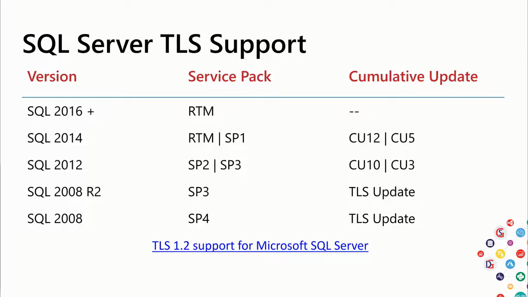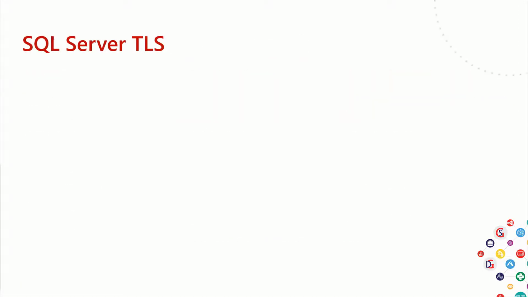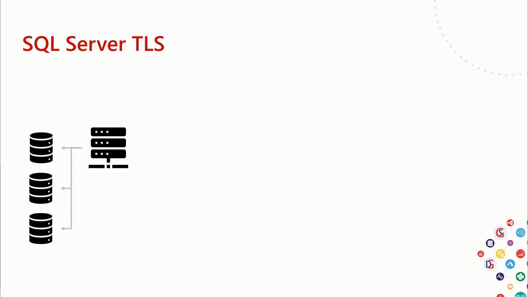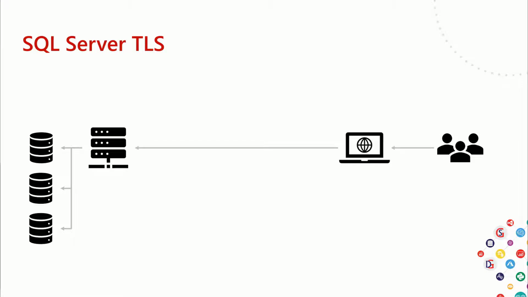So, what does SQL Server TLS look like? Well, we have our SQL Server and we have multiple databases on it. We have our client users. They connect from their laptops, and some of them may connect directly to our SQL servers to run Management Studio, or they've got an application on their desktop that needs to connect directly to the databases, be it an Access front end for a SQL backend, or a Windows Forms app or something like that,